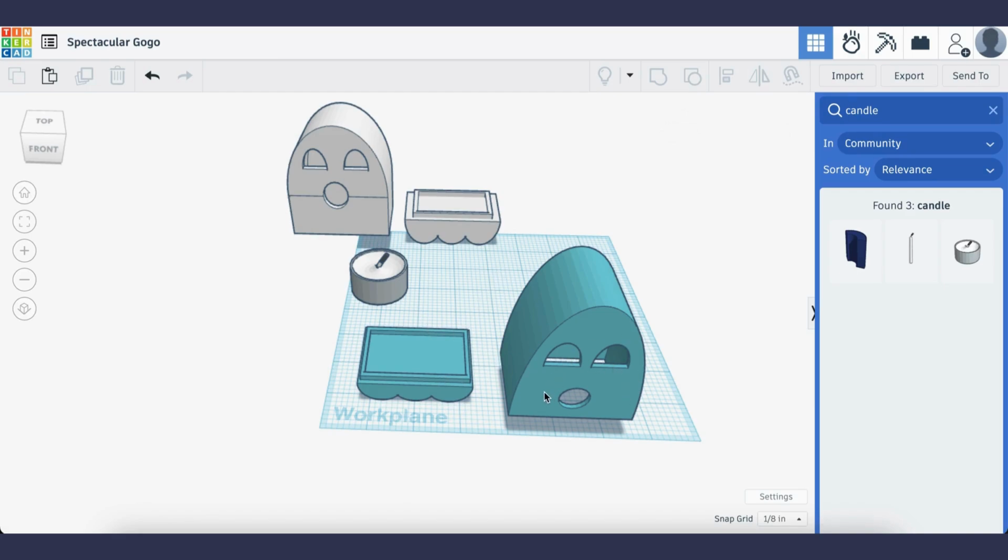Just a reminder that when you do put a candle inside your 3D printed design, make sure that it's an LED to prevent any fire hazards, but apart from that, you should have a design that's really cool to decorate your house for Halloween. I hope you learned how to design some fun 3D shapes for the Halloween season, and